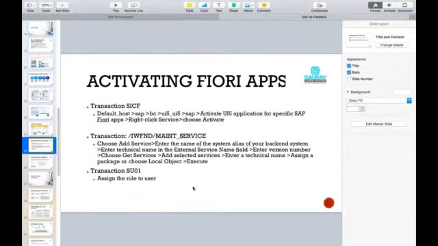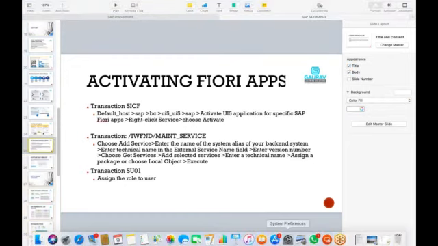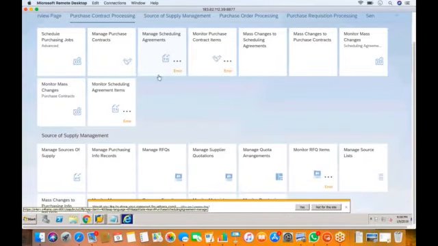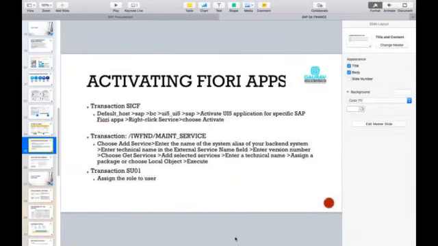Okay, and that is the reason you can see here, when we were trying to do any transaction in SAP Fiori, let me show you. Whenever we are trying to, you can see there are a lot of errors. Why these errors? Because the front end screen is available, but this is still not connected to the backend server because the OData service is still not activated for this app. Okay, so in order to make sure that this is executed, you need to activate the OData services. OData services can be activated by using these two transactions, SICF and Mint service.